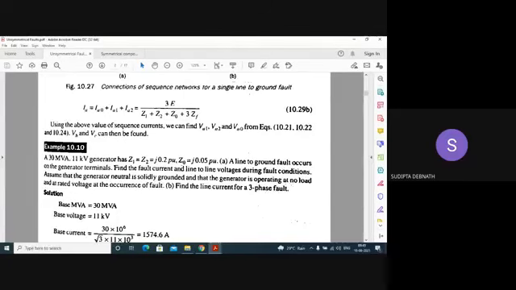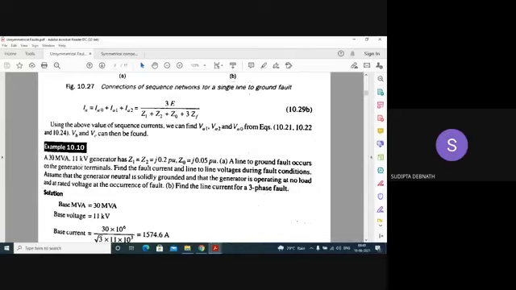No load means you need not consider the pre-fault current. Okay. So solidly grounded means that ZF should be 0. And you have to find the line current for 3-phase fault also. 3-phase fault means you have already studied 3-phase fault in the last semester, isn't it? So it is a balanced fault. Balanced fault, you need not consider all these positive, negative, and zero sequence. It will be only the positive sequence value.